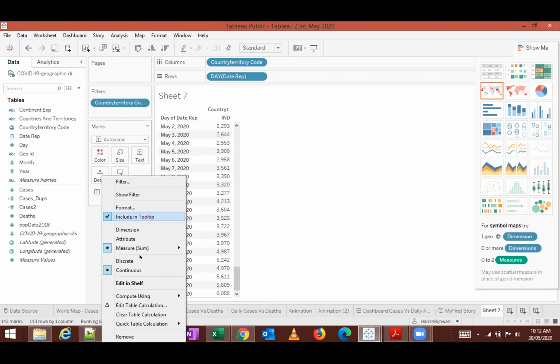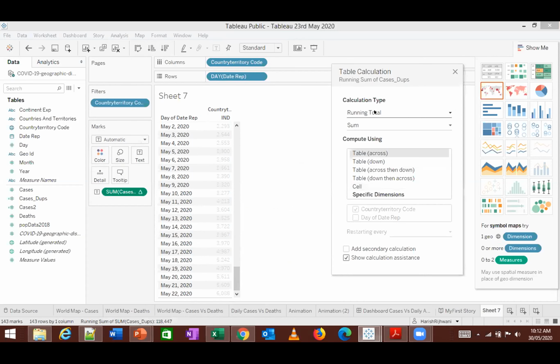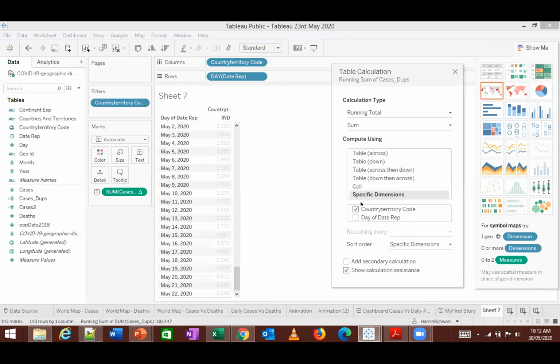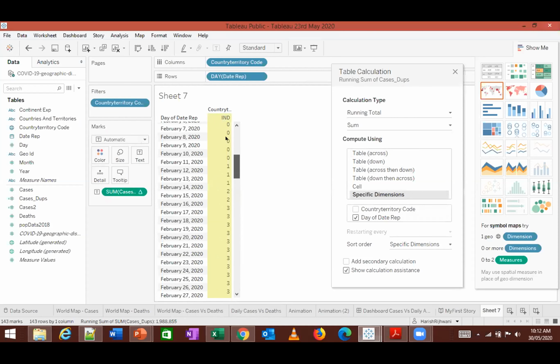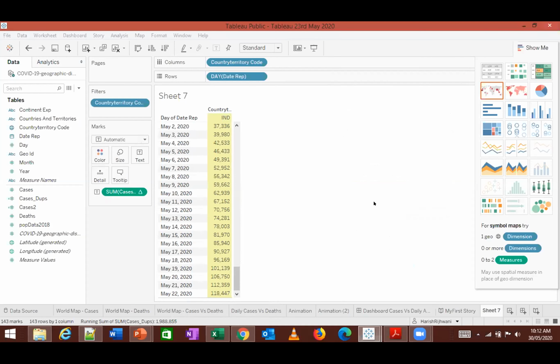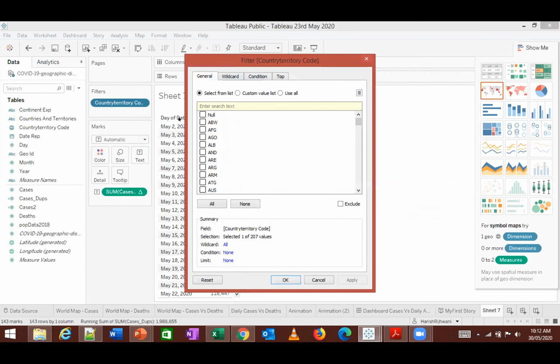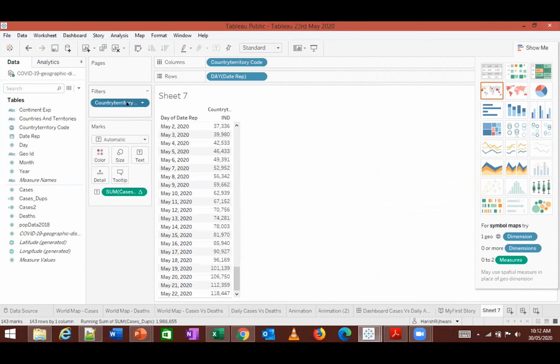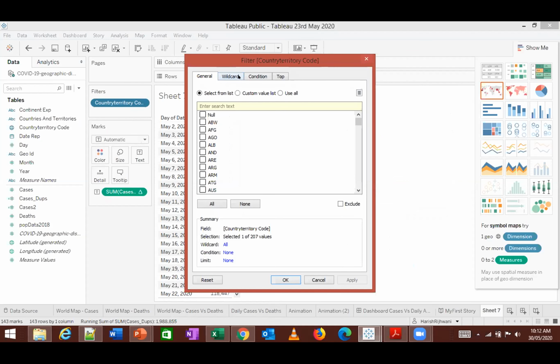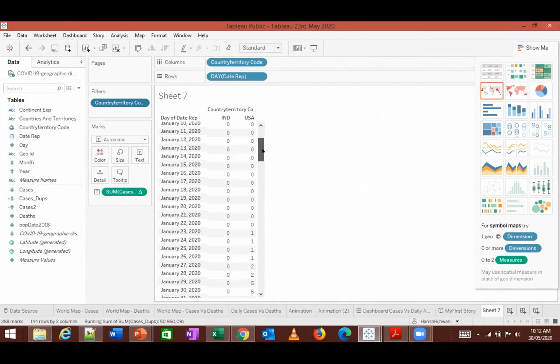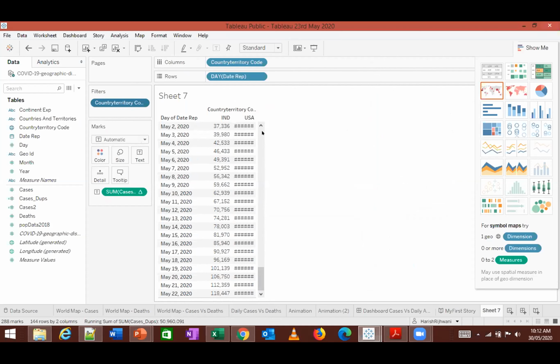So when I do this, I edit the table calculation. It's using a sum, but I need to use the specific dimension wherein I'm using country code. If I just use this, I will still get the value. You understood till here? Yeah. Now if I just change this to adding USA, if I add USA also in this, it's giving it in this way. This is also correct, but normally sometimes what will happen if it adds USA below it,